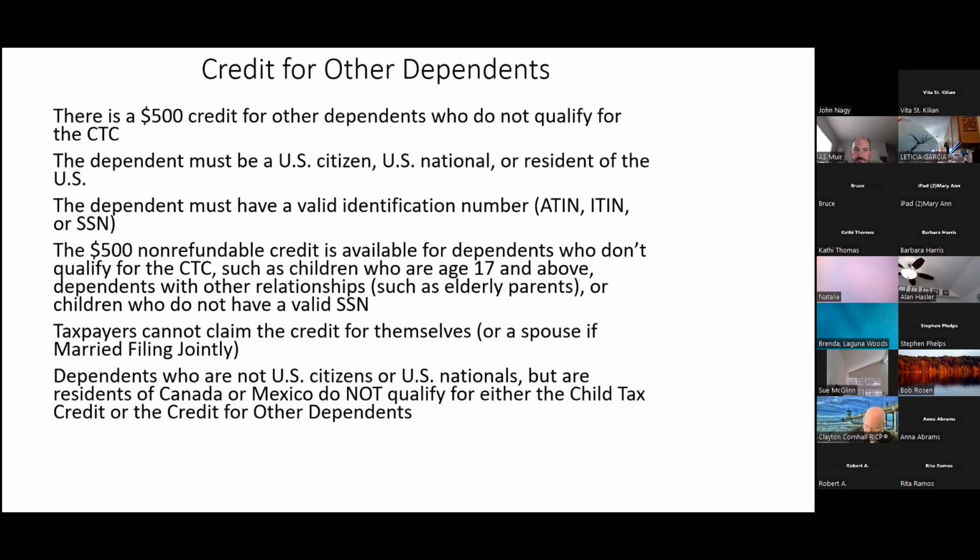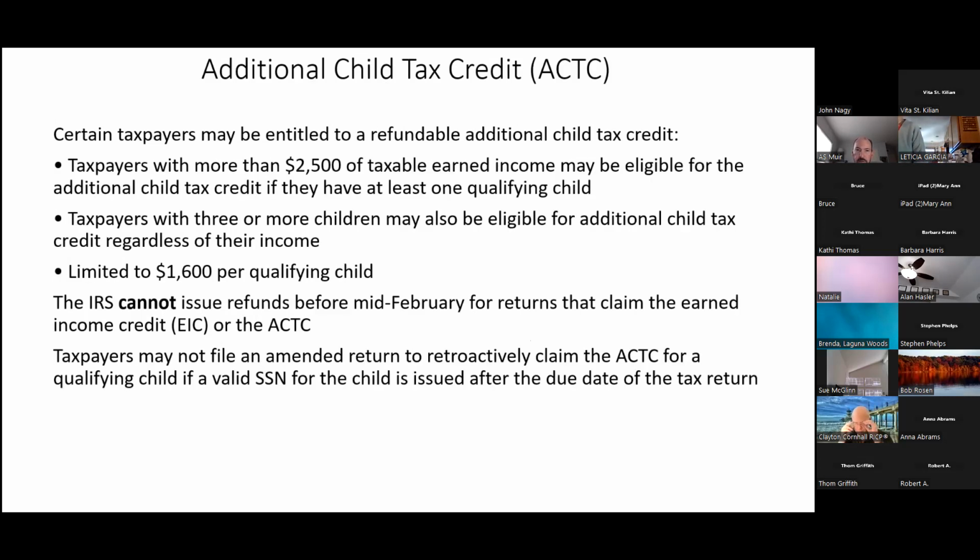And here we go. Just to understand the difference between the two different child credits, if you go back to the slide you were just on, you said that if they have 3 or more children, they're eligible for additional tax credits regardless of their income. So I'm a little bit confused about when the additional one occurs or when it doesn't occur. Seems like it always occurs if they have 3 or more children. Yeah, if they have 3 or more children, you're going to see that.